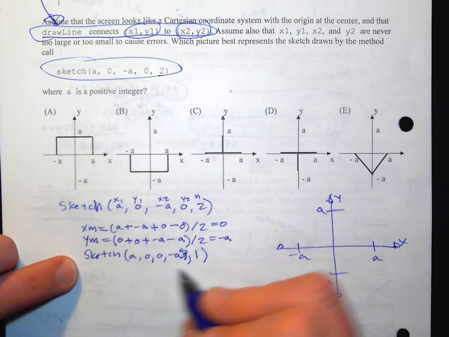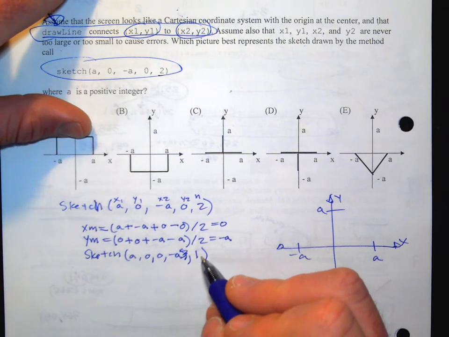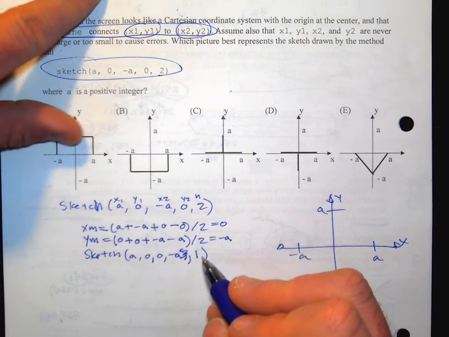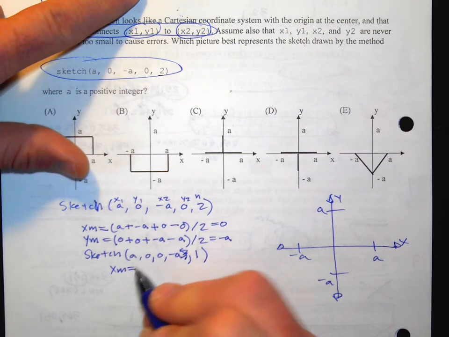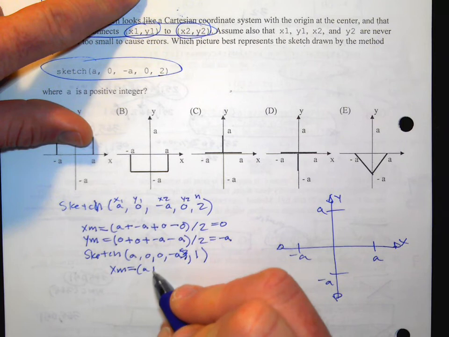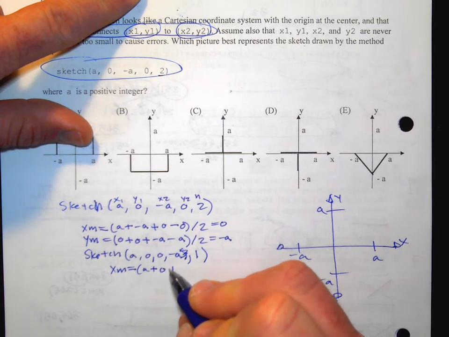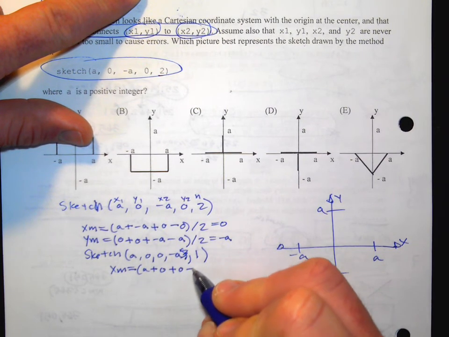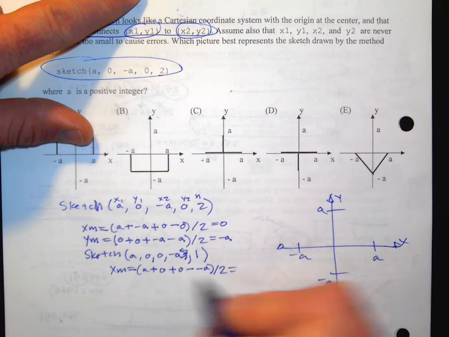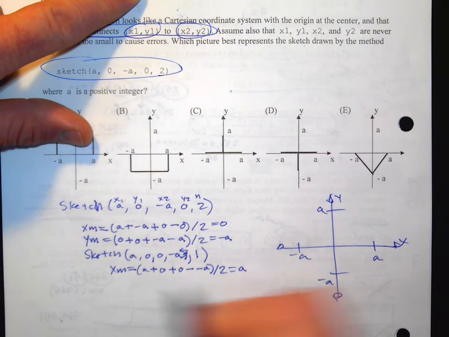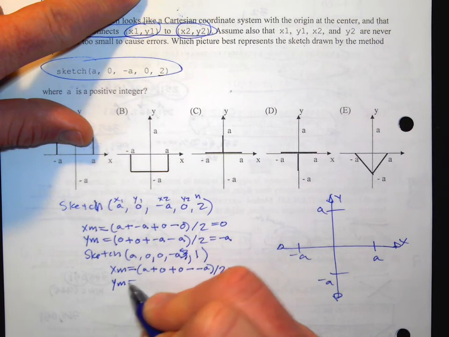Now this call says, is n less than or equal to 0? No. So don't draw anything yet. You're going to create a new xm, and this one's going to be x1 plus x2 plus y1 minus y2 divided by 2. Well, that's going to give you 2a over 2, which is a. And then ym equals